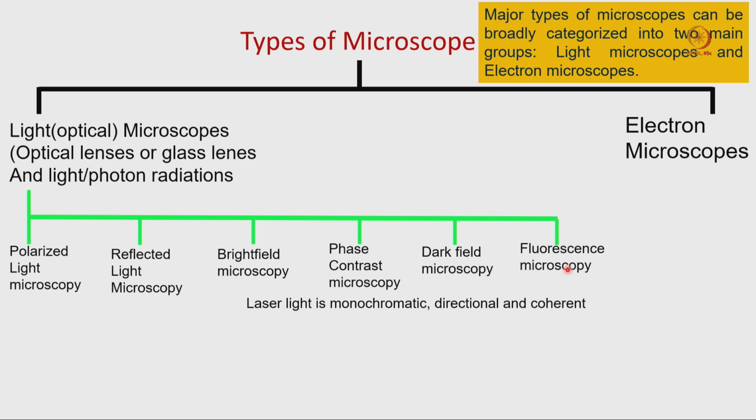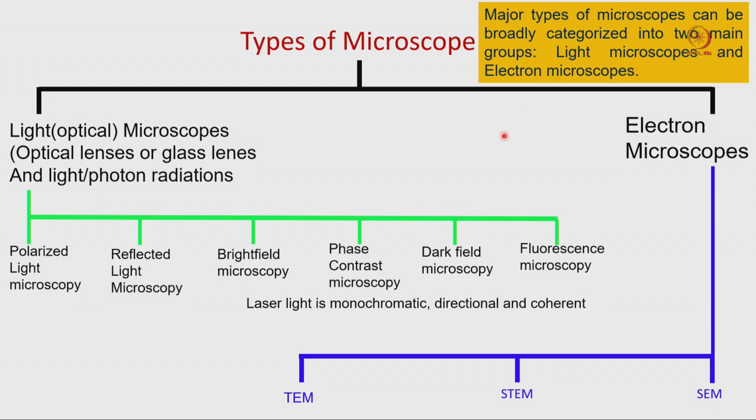We can get many more different types of microscope like that, for example the confocal microscope, which will come under this section. There are many other light microscopes, but in all the cases the common part is that the radiation source is light or photons, and we are constantly using glass lenses to focus the beam. In the other cases, we are using electrons as a radiation source.